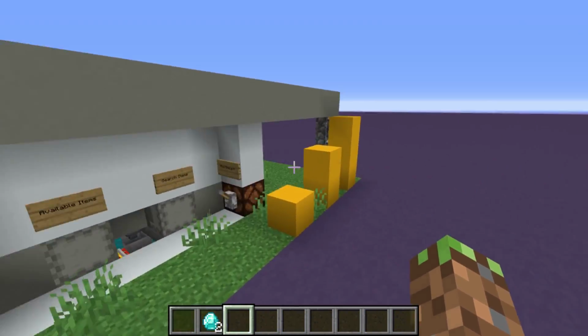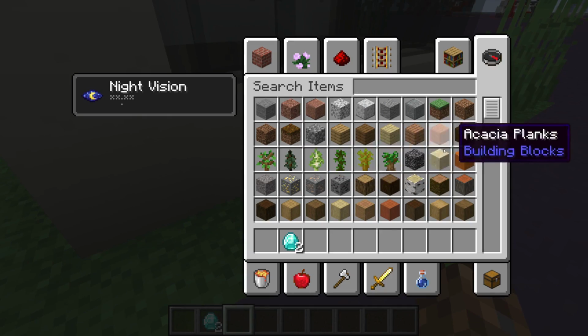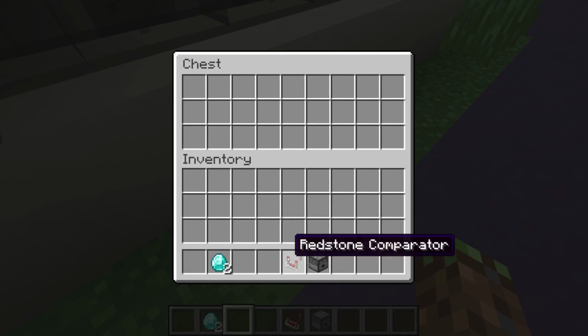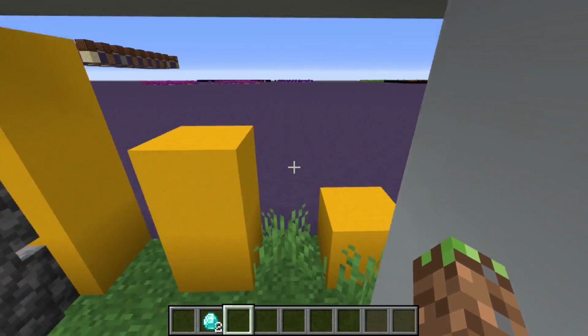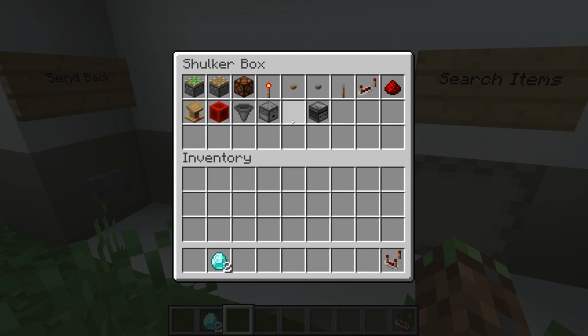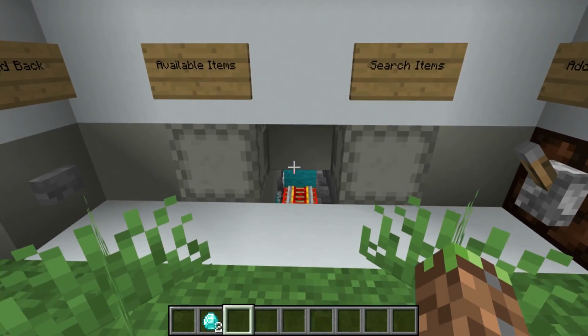So yeah, also another feature that this thing has is if we go over here and we put some items. So let's do a hopper, a dropper, and a comparator. And we put them all in this chest. And that will automatically sort them into the chest that has that item in it. So now if we request a comparator again, and we just put it in the search items chest, the chest